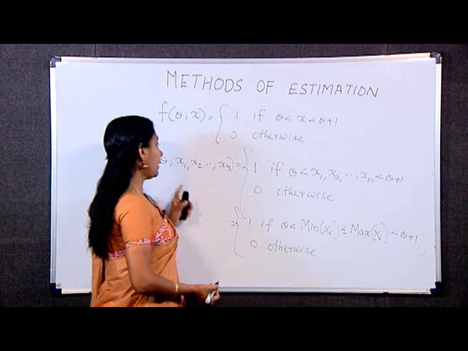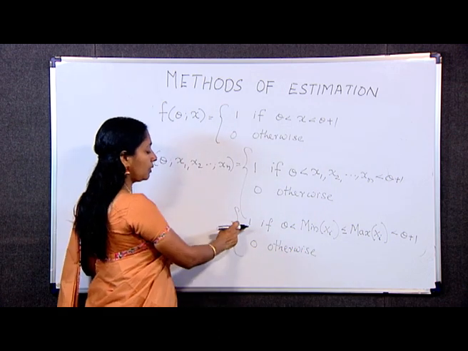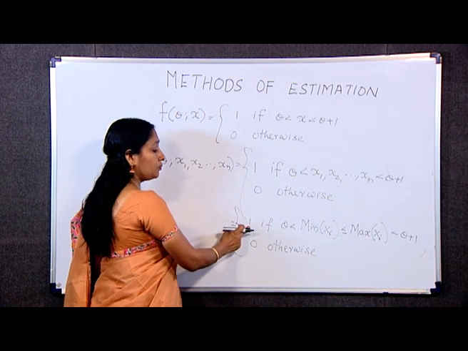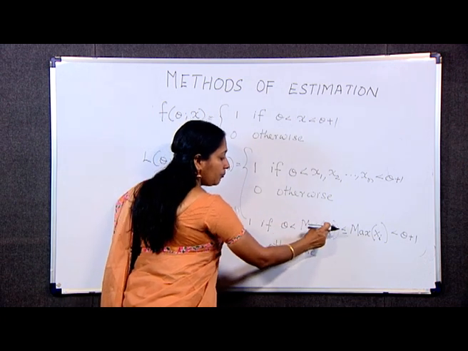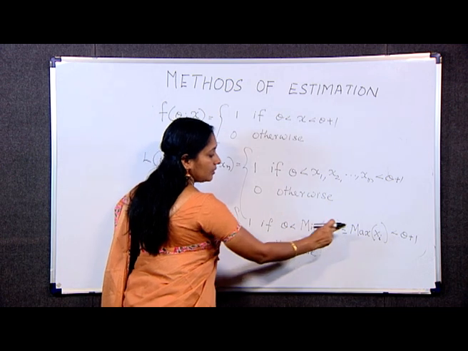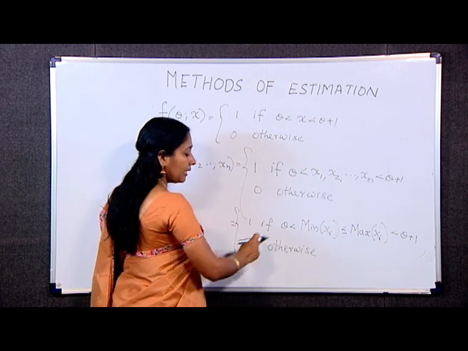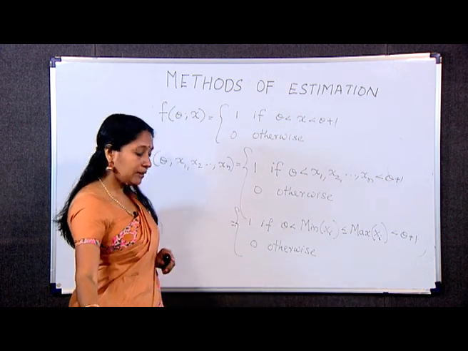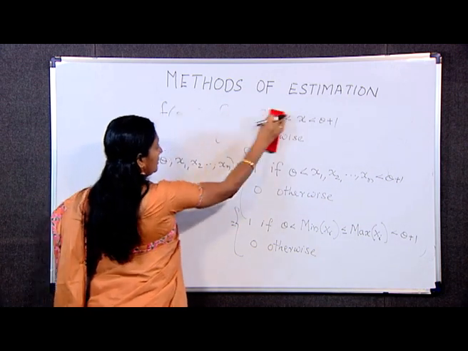Here also the maximum value of the likelihood function is 1 if all the sample values are between theta and theta plus 1. Hence, the maximum likelihood estimator in this case is,